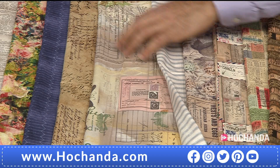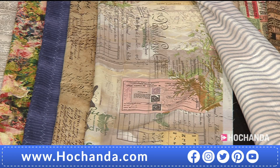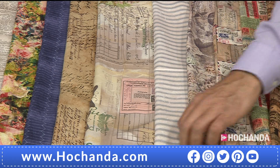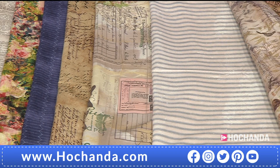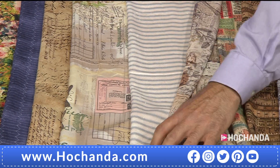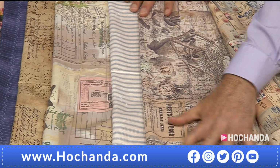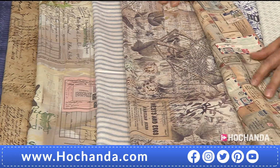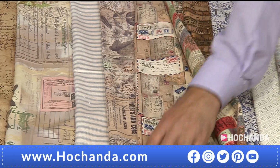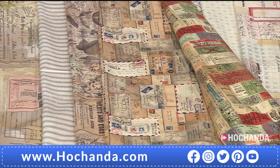Going for a half meter as opposed to the fat quarters, generally a pattern repeat will be anything up to 40 centimeters. So what I mean by that is patterns will obviously repeat over and over the length of the bolt of fabric, but generally you will have a pattern repeat within 40 centimeters. So if you're getting that half meter, you get the full repeat,